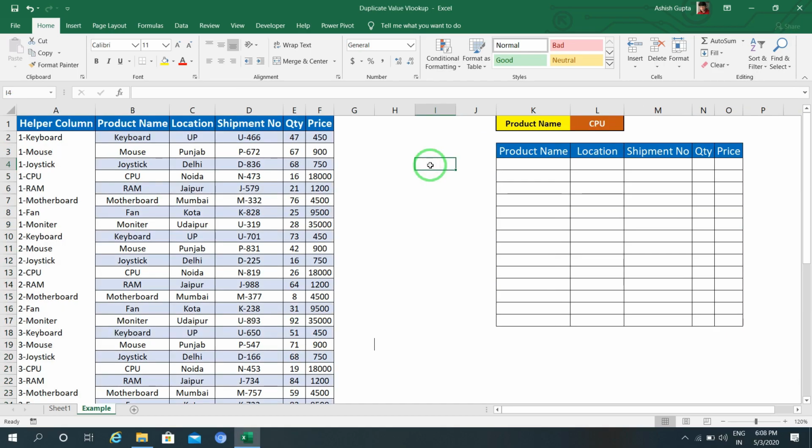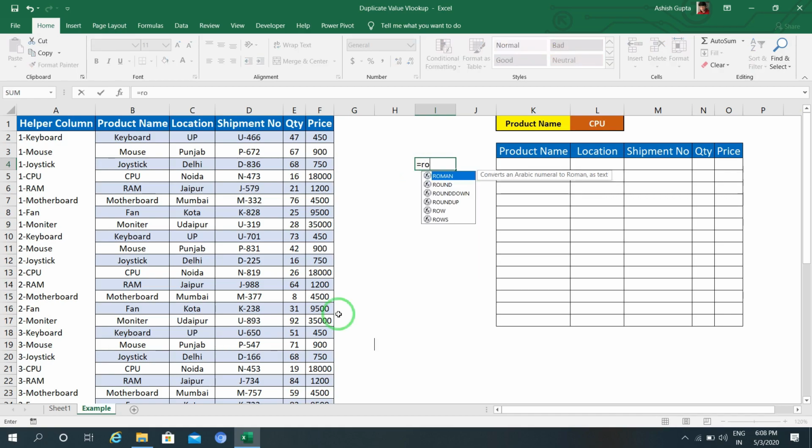Now I will use the VLOOKUP function. In order to use the VLOOKUP function, first of all we make a unique value for the VLOOKUP. First thing I need in this is a serial number. To create a serial number automatically, I will use the ROWS function and give a value of I4 to I4.